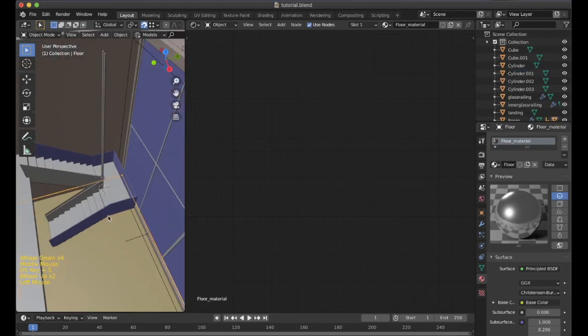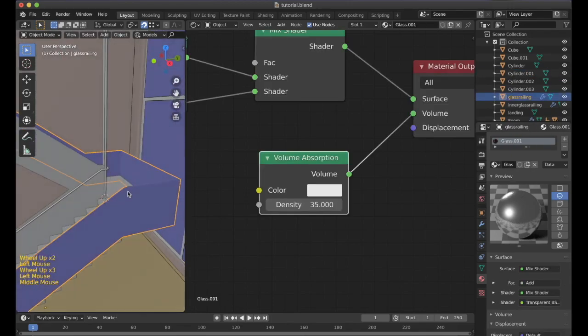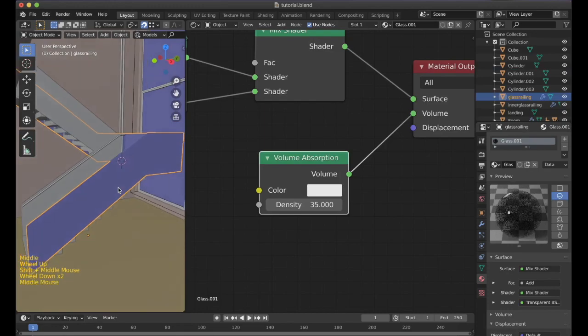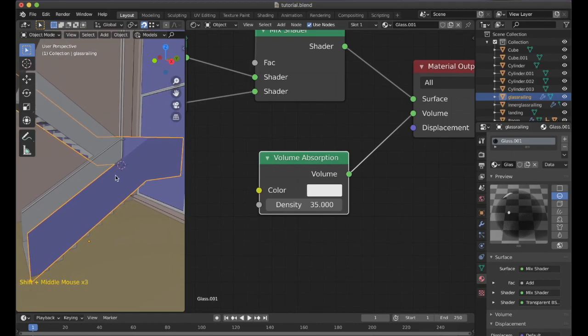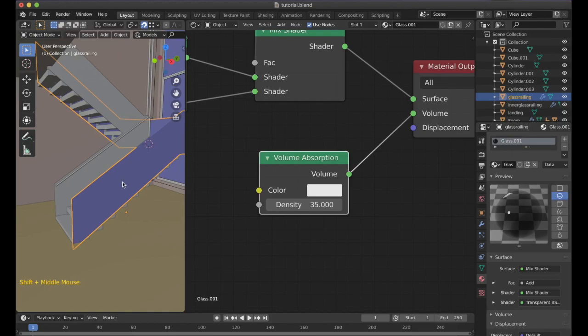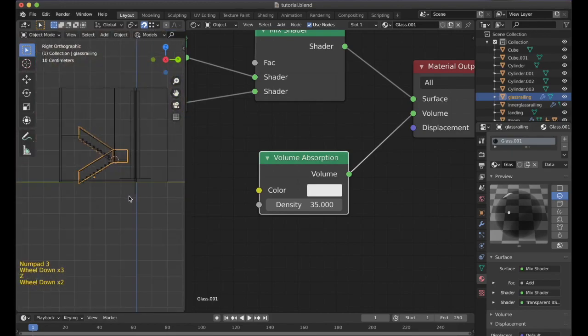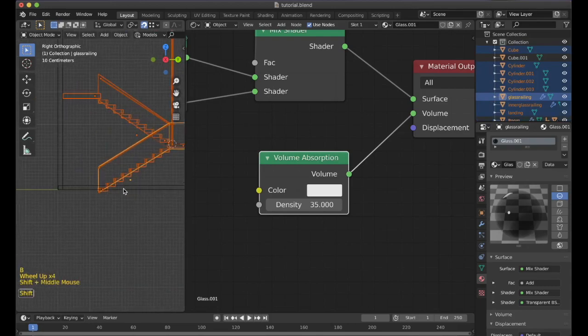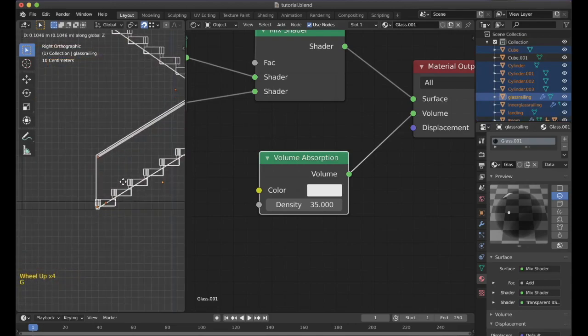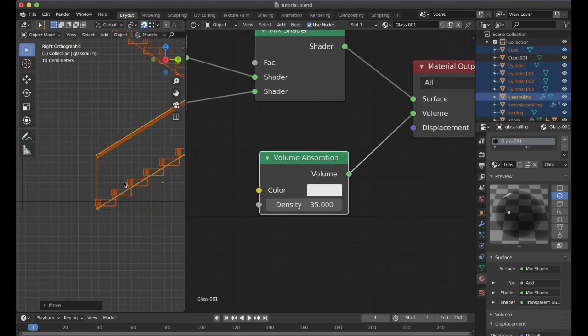Now to add more realism to it, what you can do is later on you can add loop cuts over here and then give it some extrusion, so it will look like this is not a single piece of glass, rather multiple glass has been joined using supports. For now we will leave it to this. Now I will check the placement of this because it was a bit beneath the flooring, and this is fine.